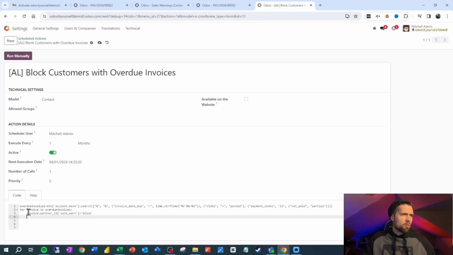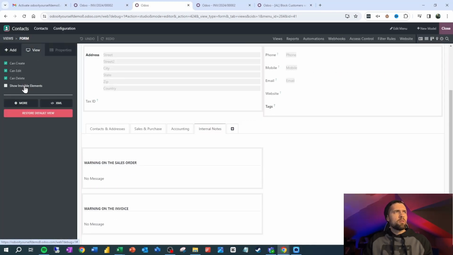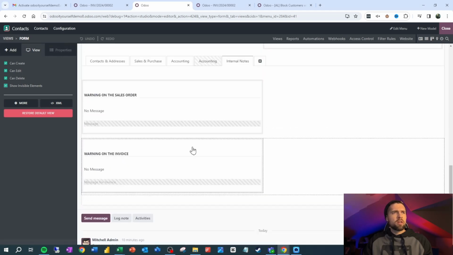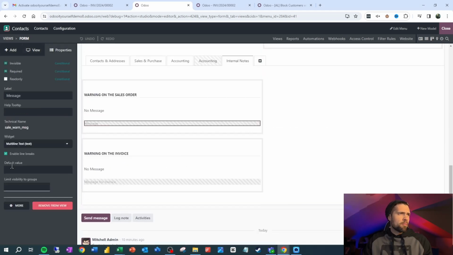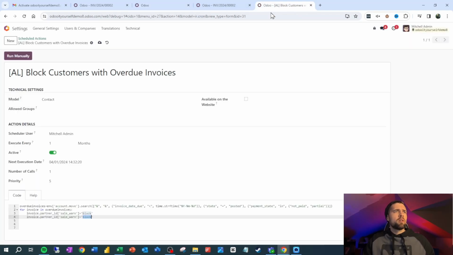And now we're going to say invoice partner ID, and we're going to set the message that we want here. So let's go back into internal notes, go to view, show invisible elements so we can see everything here. And we've got our message. So it's going to be this sale warn message. So we'll come back in here. We want to change this out, and it's going to be